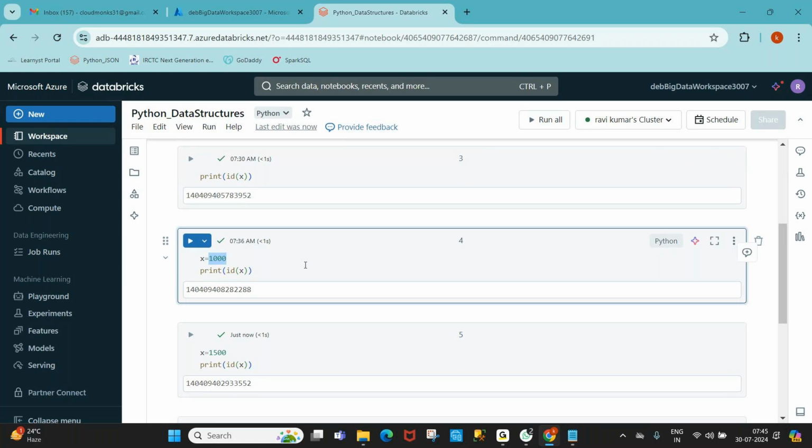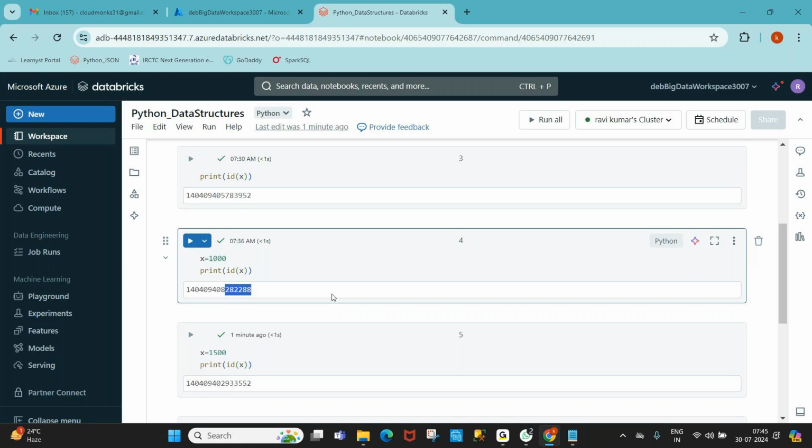If you want to say 1005, then it will create a new object or use the existing object. Does it give the same address or a different address? Suppose currently it is 1000. What is the address of 1000? Remember the last 6 digits: 282288.